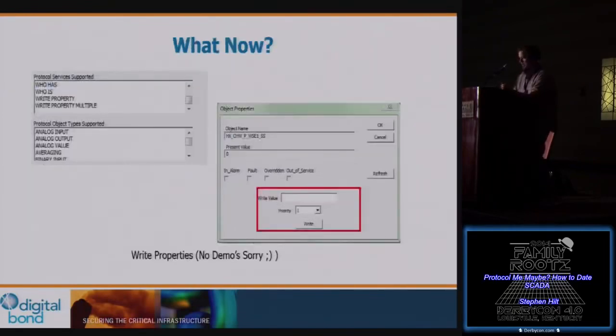So BACnet actually supports writes. So you can actually determine whether they support the right property, because you can do a query for supported protocols, and it'll respond which protocols it actually supports. This one's supporting writes. And you can see that in the browser that I was using, there is the write button, so you change the 0 in that field to 1, 1000, whatever. Sorry, we're not actually going to demo me changing those.